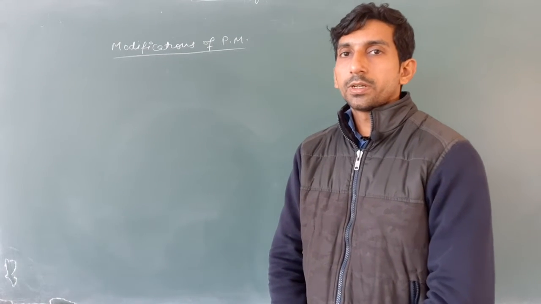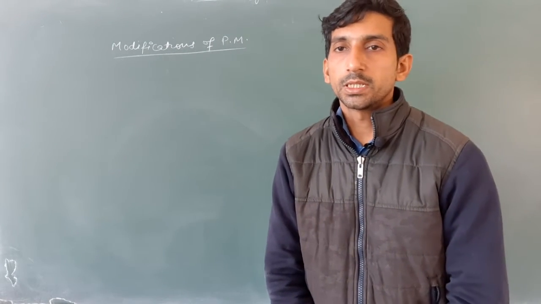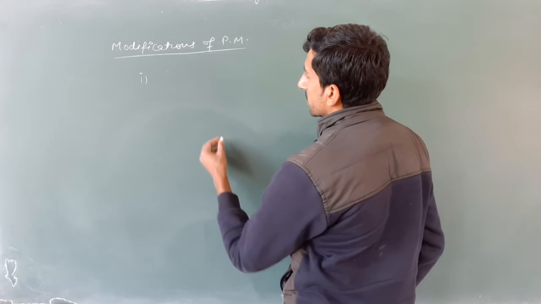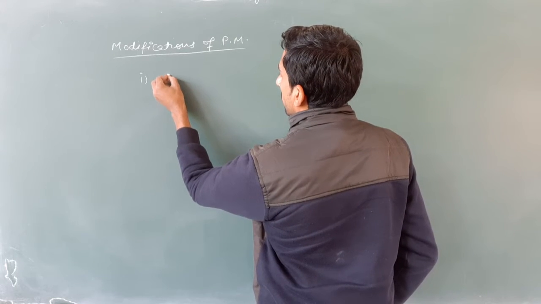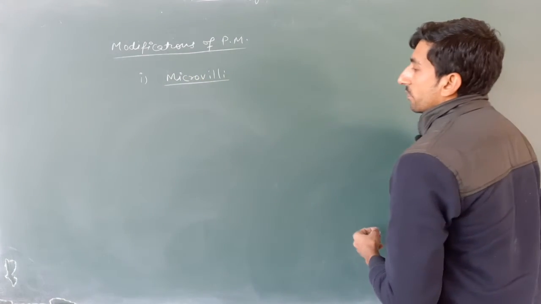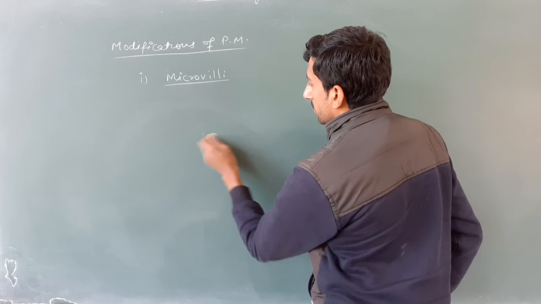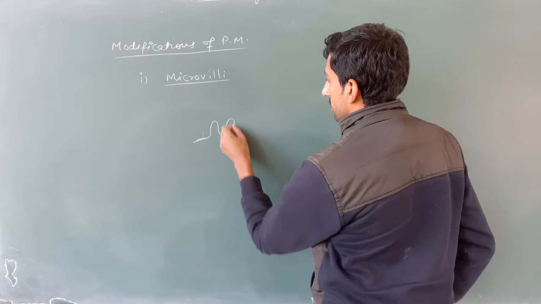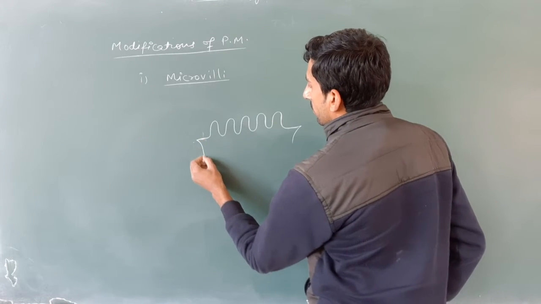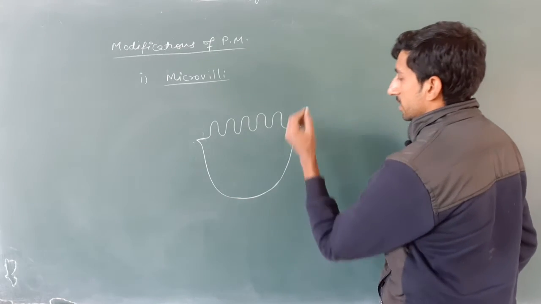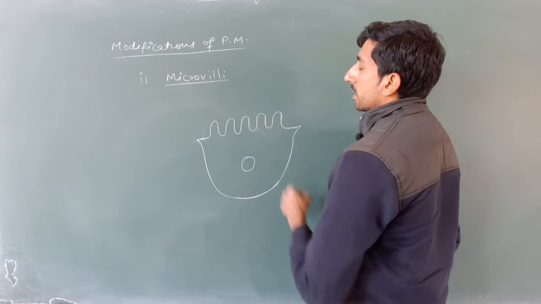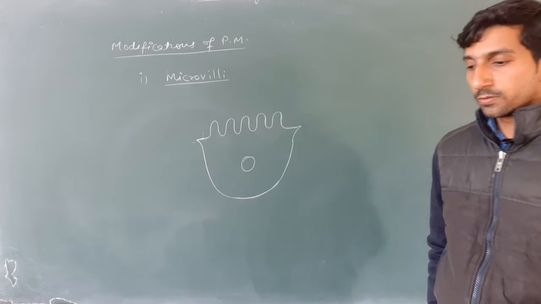In this video, we will discuss the modifications of the plasma membrane. The first type of modification of the plasma membrane is microvilli. Microvilli are finger-like projections which emerge out of the cytoplasm. This is the cell of a renal tubule which bears microvilli, and microvilli are also found in our gut